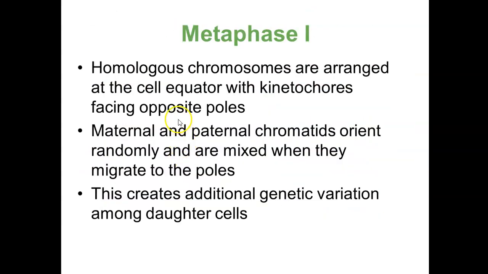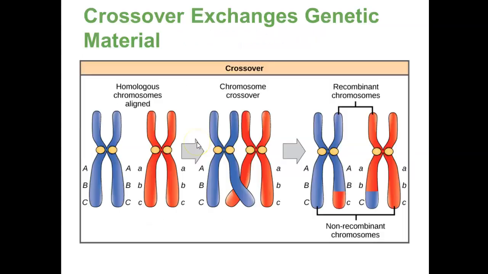In metaphase, those homologous chromosome pairs are going to be aligned along the equator. Kinetochores attach to microtubules leading off to the centrosomes and centrioles within them, in the case of animal cells. And then here's an important part. The maternal and paternal chromatids align randomly on this metaphase plate. So that means the blue one on the right and the red one on the left, or the other way around. That's equally possible. There's a 50-50 possibility of which way this pair will be oriented,